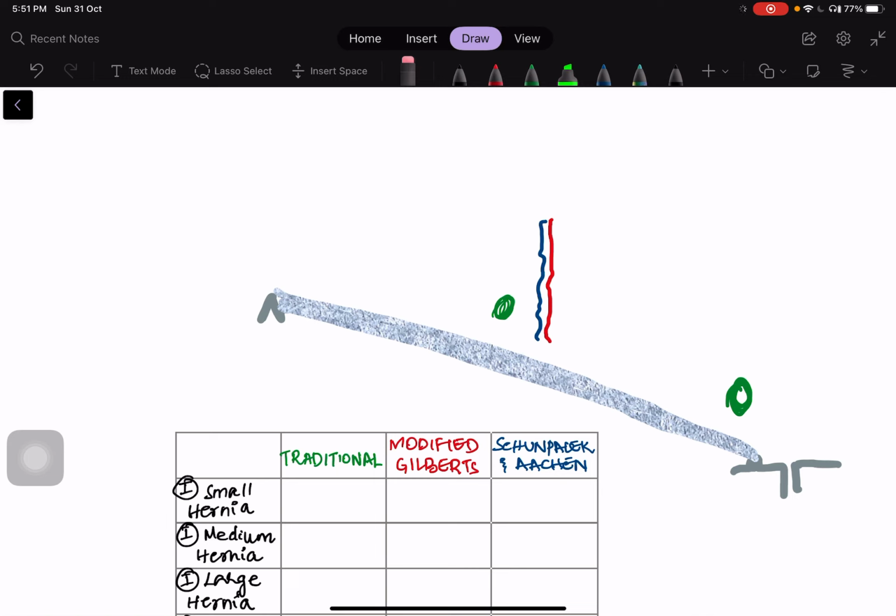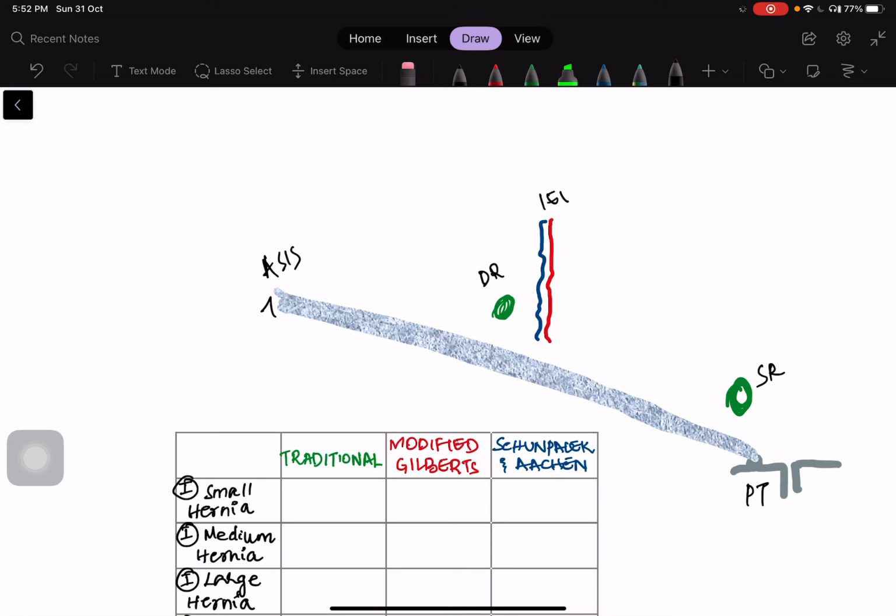Today we'll discuss different classifications used for groin hernias. Here is a representative image depicting the inguinal ligament. It extends from the anterior superior iliac spine to the pubic tubercle. Here we can see the superficial ring, and here you can make out the deep ring, and here are the